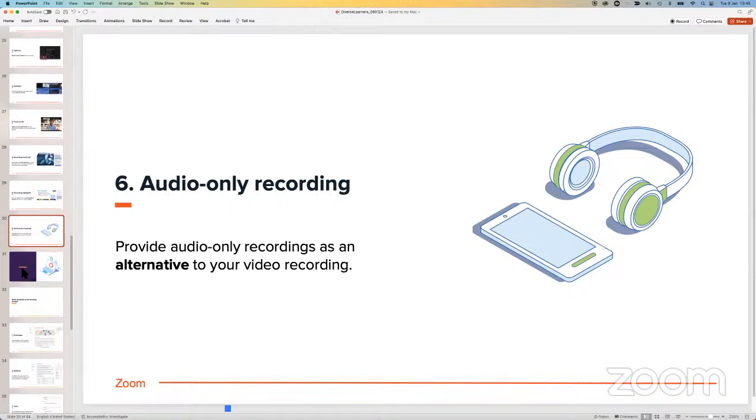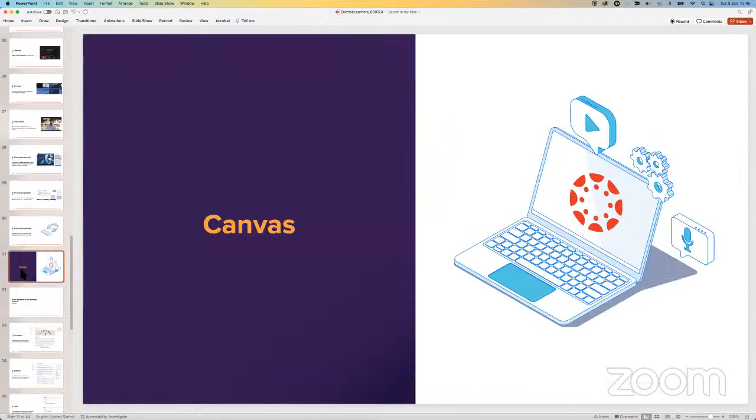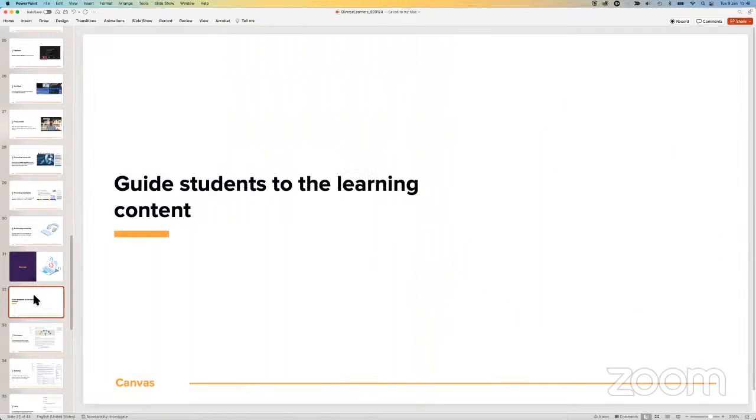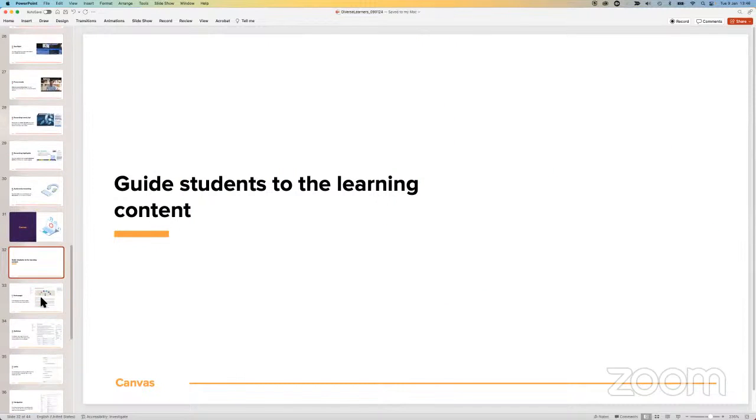I'm just going to quickly go through some points for Canvas. Again, I'm aware that it's not applicable to everybody who might be viewing this. But it's something that you can maybe take with you if you're creating content in other digital environments. One of the big points here is to try and guide learners or students or any end user to the content that you want them to be accessing,